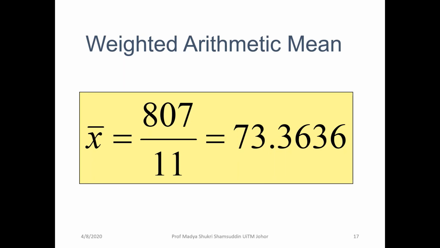73.3636. The unweighted mean that we calculated earlier is not the right mean. The true mean for this problem is the weighted mean, which gives a score of